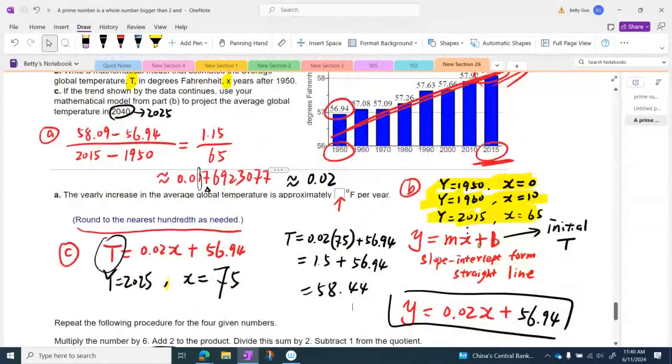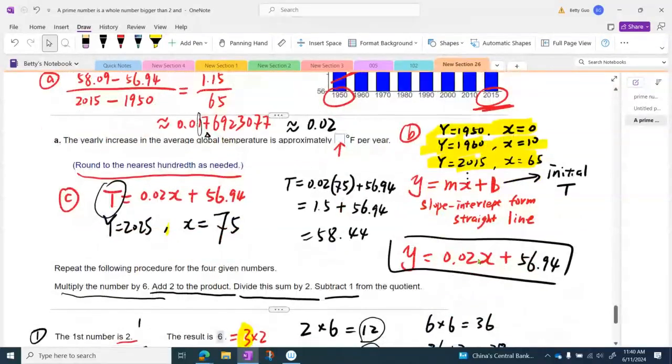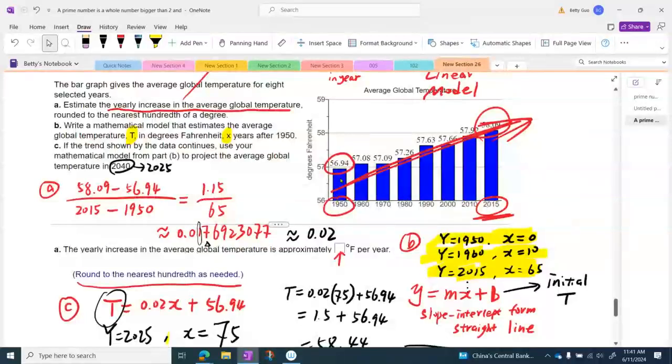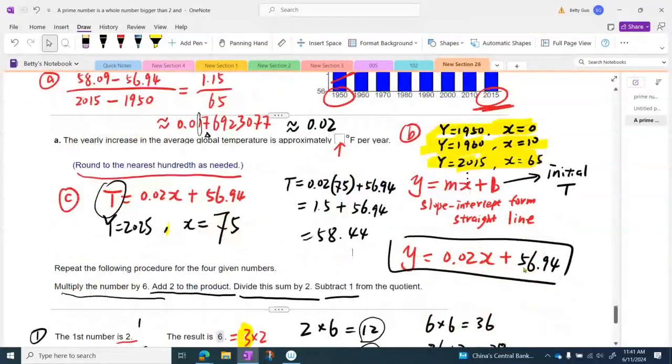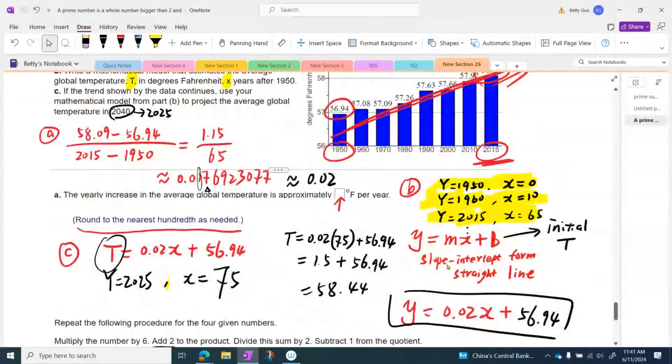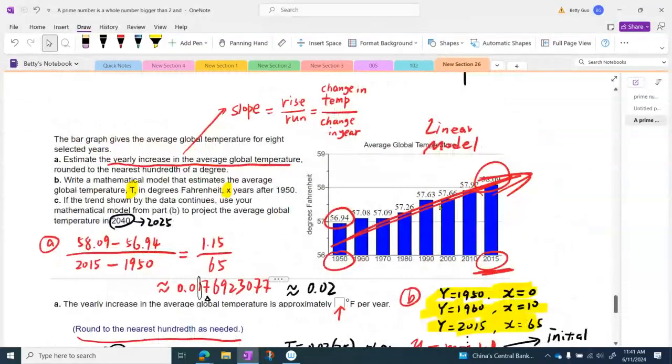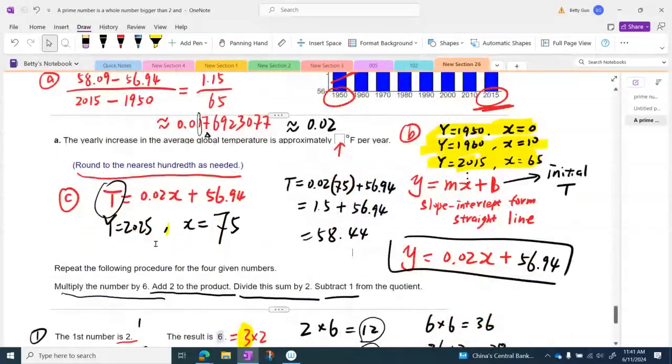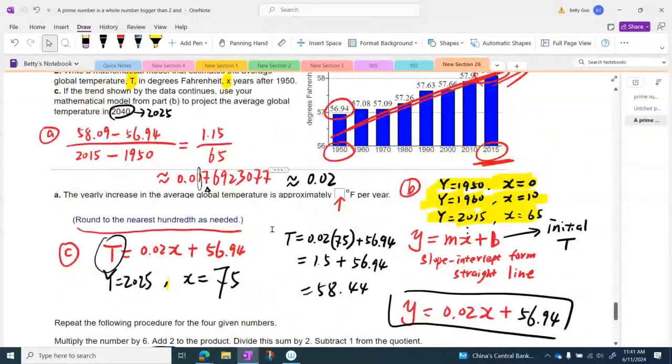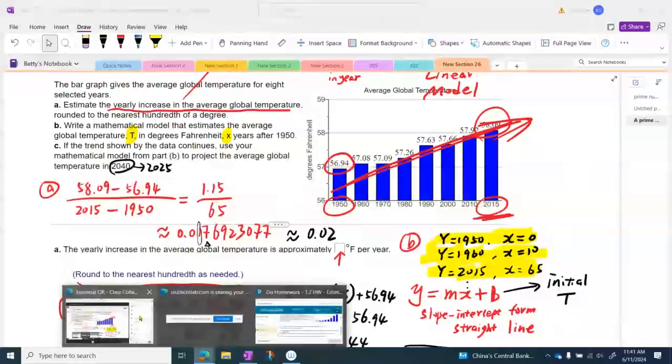And part B is to find the slope-intercept form of the straight line. Part A already gave you the slope. All you need to do is find the initial year, which here is 1950, just to put a number here. And then part C is to use the model to predict the temperature in future years. The important thing is to figure out the value of x for a certain year, and then you plug in the value of x to find the predicted temperature in the future years. And let me know, is that